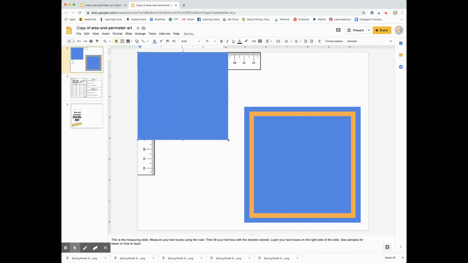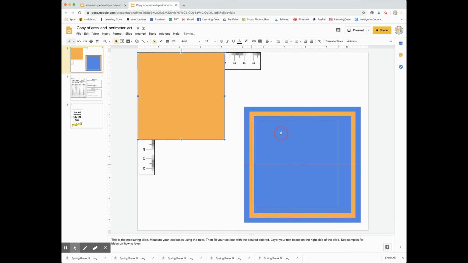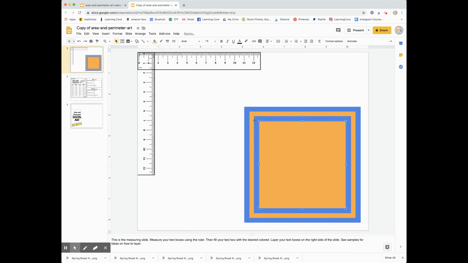Oops. And you can see I was a little bit off, so you can pick it back up and move it even after you created it. And I always go back a little bit too far so I can see the number, so I could see the 9, and then I go back to where I want it. Okay, so I'm going to layer this one. And if you forget, you just count 12,